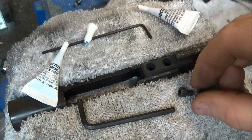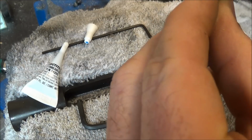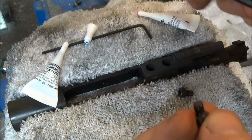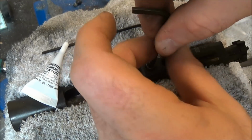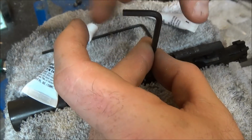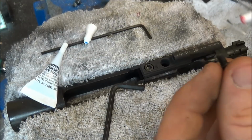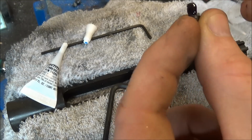And that red Loctite is going to create a seal to seal off the gas. And we're going to take some red Loctite, and we're going to red Loctite our threads as well on the new screws. Be generous on the screws. It's obviously your carrier assembly. You're going to want to make sure there's a good seal with all this. Take that, drop her down in there. You don't want to torque it down yet either, because you don't have the other screw in. You'll torque it down once you get both of them snug, so that way you get a good, even as possible, considering you're only working with 2 screws,